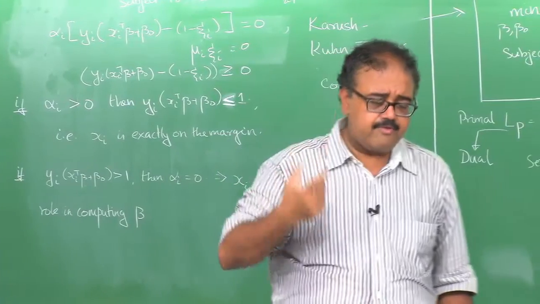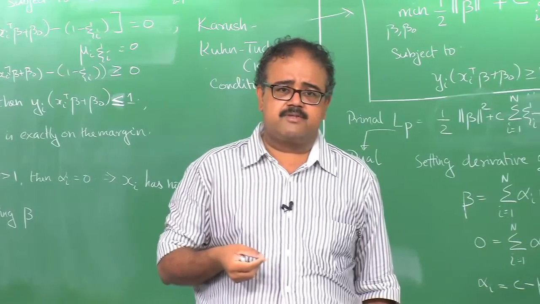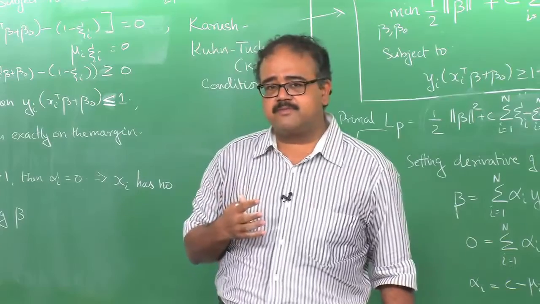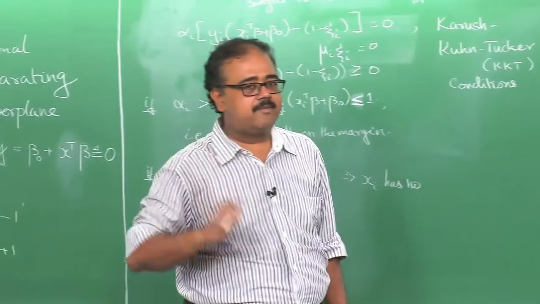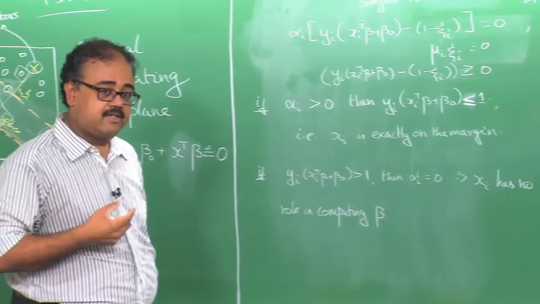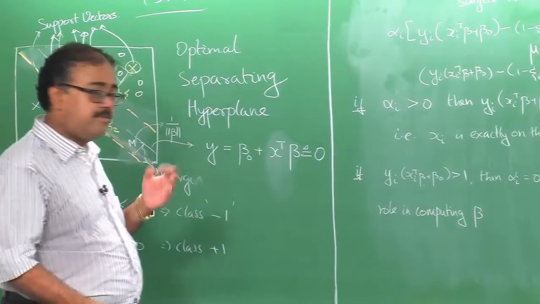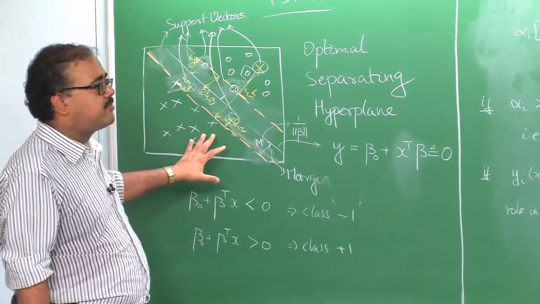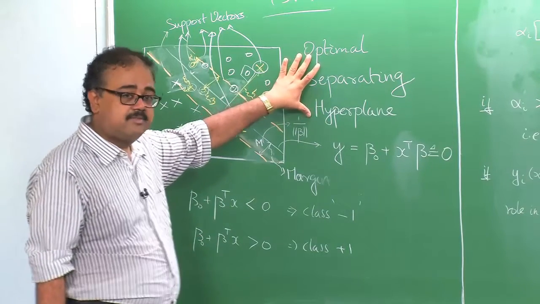But some of you are probably thinking right now, whenever I talk about support vector machines, people always tell me something about kernels. I thought support vector machines were all about kernels, and I have not talked about kernels at all. Yes, the kernel idea is very crucial in support vector machines, and I will be looking at that in more detail in the next module. But what you should remember is that the basic optimization problem you are trying to solve with support vector machines is that of optimal separating hyperplanes.